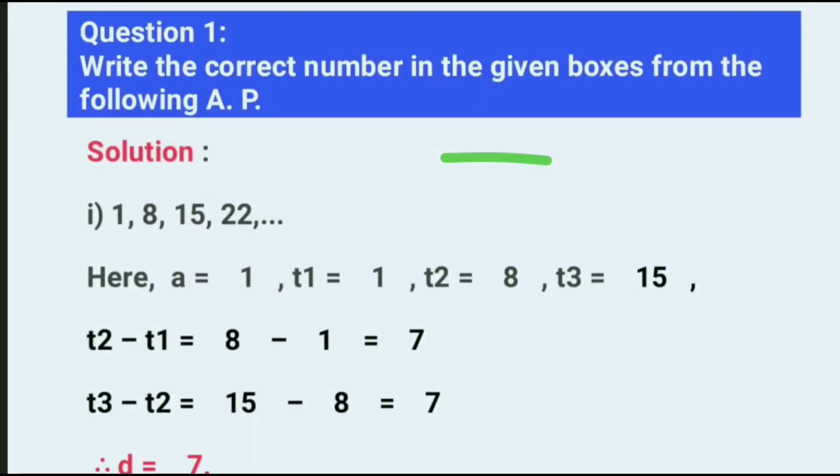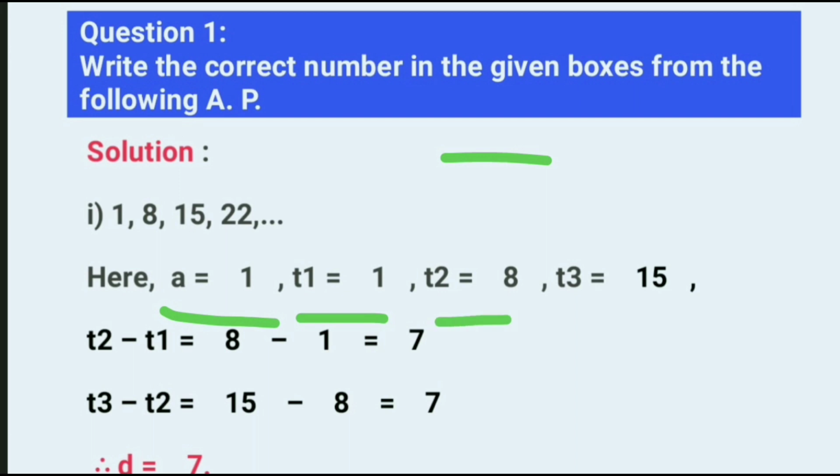हेलो फ्रेंड्स। तो आज हम देखने जा रहे एक्सरसाइज नंबर 3.2 अरिथमेटिक प्रोग्रेशन। क्वेश्चन नंबर 1 है: राइट द करेक्ट नंबर इन द गिवन बॉक्सेस फ्रॉम द फॉलोइंग एपी। अब यहाँ पे सॉल्यूशन है 1, 8, 15, 22 एंड सो ऑन द गिवन एपी। हियर a is equal to 1, t1 that is a, t2 is equal to 8, t3